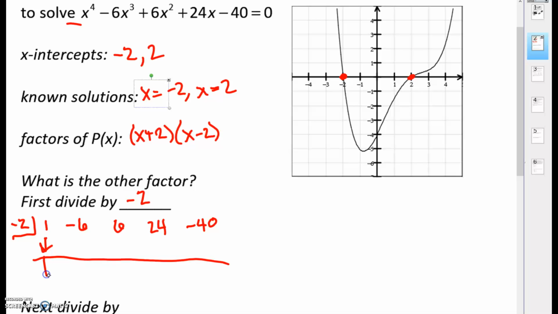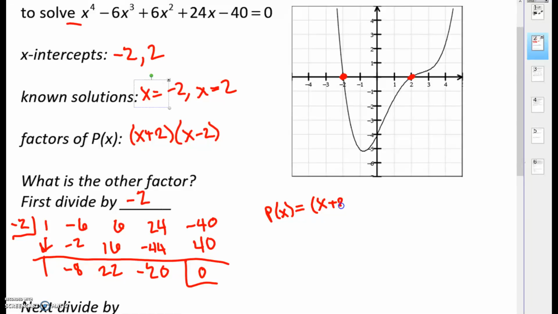I start off by dropping down the 1. 1 times negative 2 is negative 2. Negative 6 plus negative 2 is negative 8. Negative 2 times negative 8 is positive 16. 6 plus positive 16 is 22. Negative 2 times 22 is negative 44. 24 plus negative 44 is negative 20. Negative 2 times negative 20 is positive 40. And thank goodness I get a 0, which means that we now know that P of x is equal to x plus 2 times